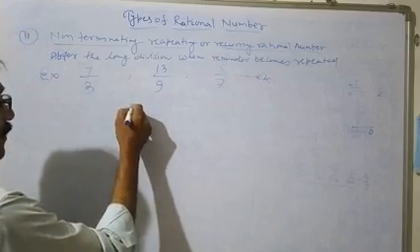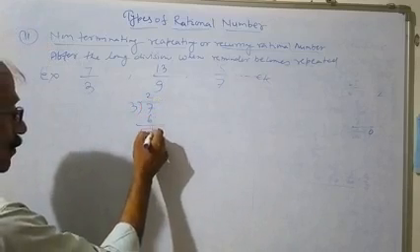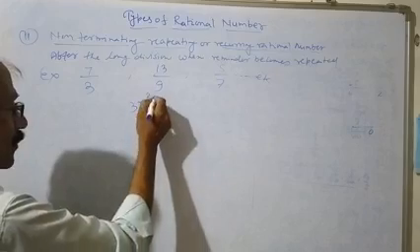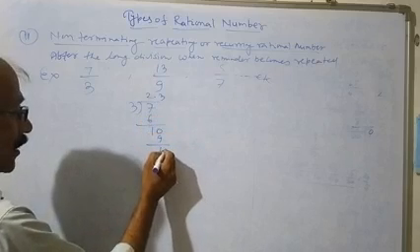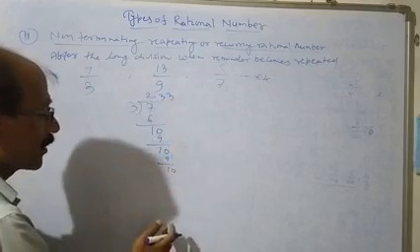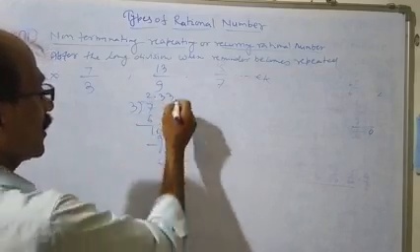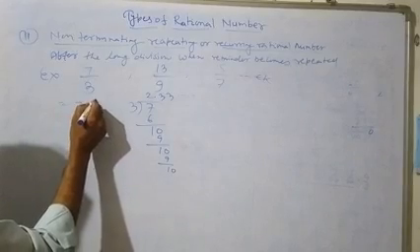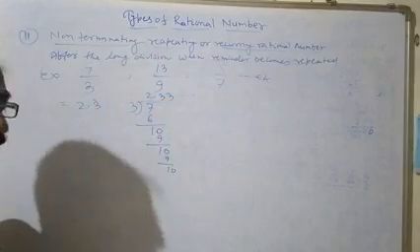To divide it, 3 to 7, 3 2 ja 6, the remainder will become 1, placing the 0, decimal placing 0, 3 3 ja 9, 1, again repeat 1, 3 3 ja 9, 1 repeat, continuously repeated remainder 1 1 1. So this number is 2.333 and so on. So we can write 2.3 with bar, that means 3 is repeated in the quotient and the remainder will be 1 repeated.